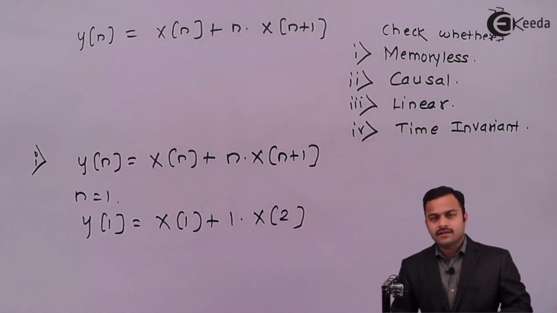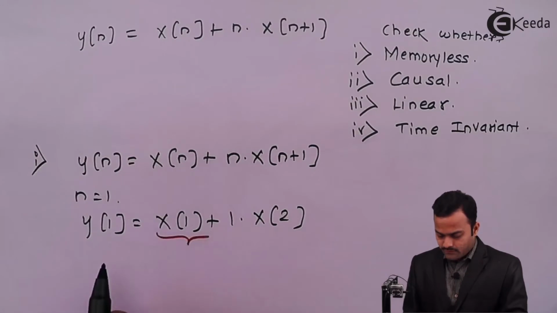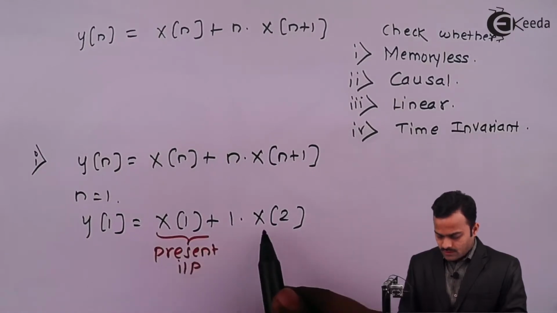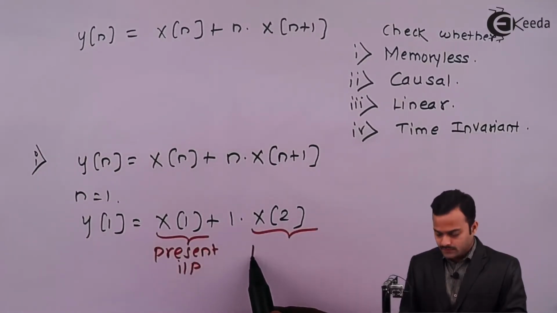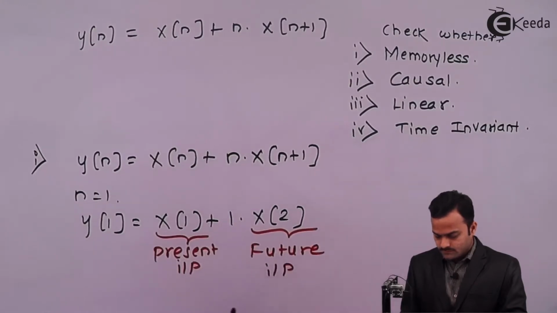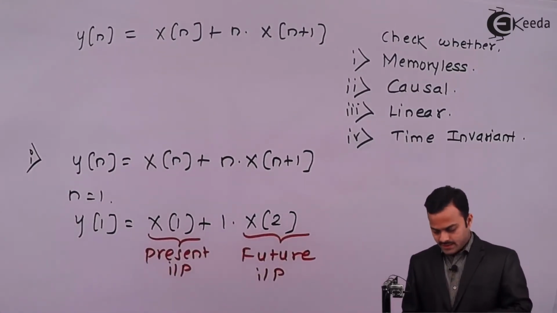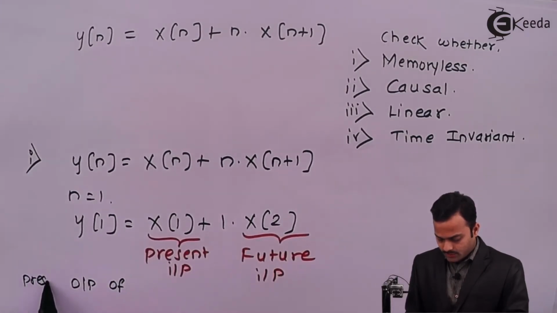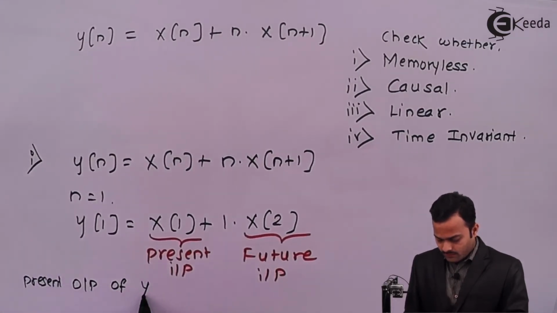So basically, if I see x of 1 is nothing but a present input and x of 2 is the future input. So what I can say, output of y of n, which I say a present output of y of n